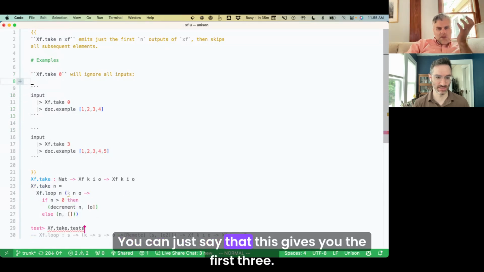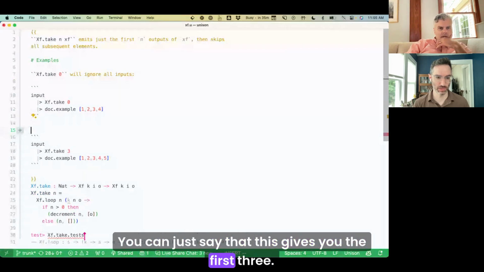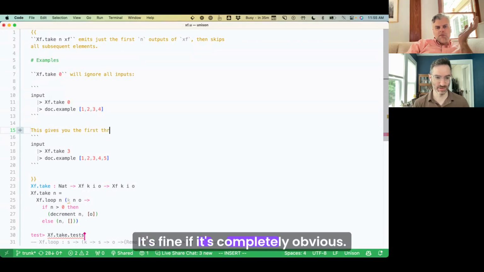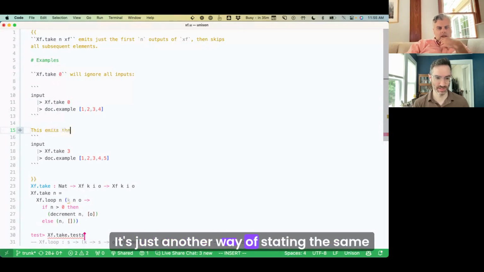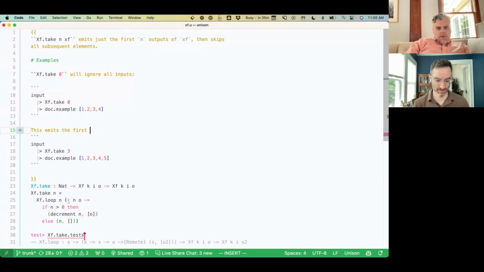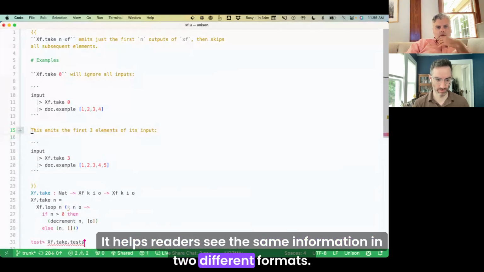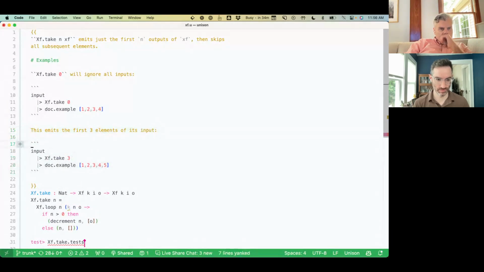You can just say that, this gives you the first three. It's fine if it's completely obvious. It's just another way of stating the same thing. It helps readers see the same information in two different formats.